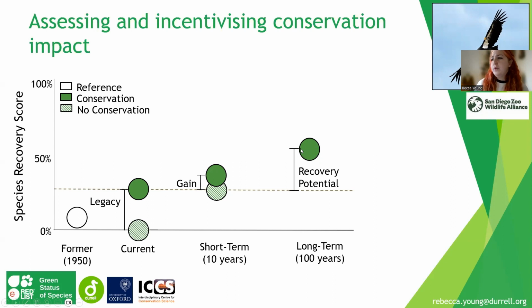And something else that's quite important to note is, as you'll see, it's not close to 100%, but that's really common for a lot of species just because of the changing world that we live in. So much land is not the way it once was, and a lot of areas are lost for species. So it's very rare for us to get up to 100% recovery. That's not to say it doesn't happen. We've got some examples of it, but it's not necessarily something to be disheartened about if we're not reaching that 100%.